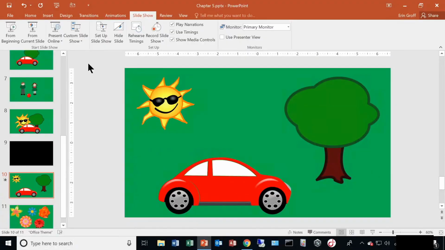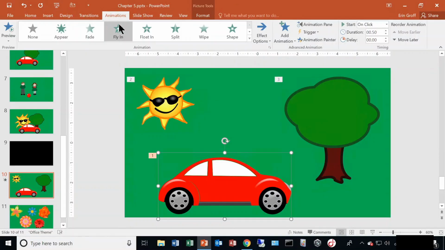Now, with these animations, you can slow them down or speed them up if you want. Maybe I wanted my car driving in a little slower. If I click on my car, go to my animations tab, again it shows that I have the fly in animation set to that. In my timing command group, the duration of this animation is a half second. If I want to slow that down, I want to increase the duration. So if I brought that up to 1½ seconds and I previewed that,